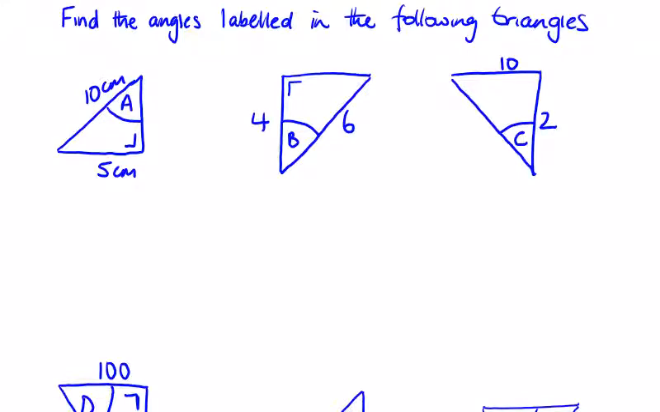So, find the angles labelled in the following triangles, and I've put centimetres on the first one. We'll call them all cm. I'm going to label the triangles slightly differently in this video. First thing I'm going to do is draw an arrow away from the angle and call this